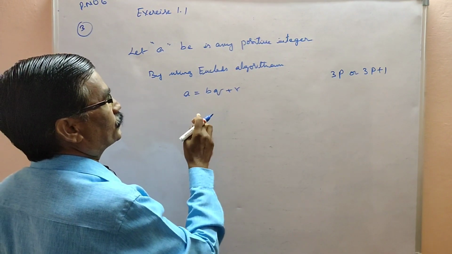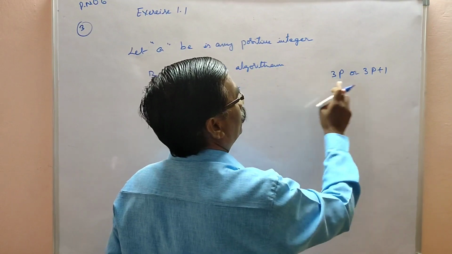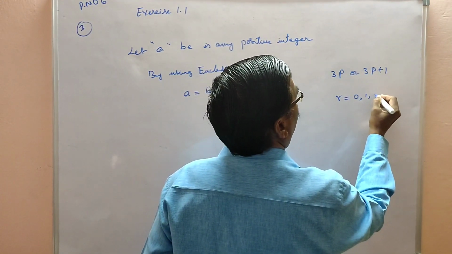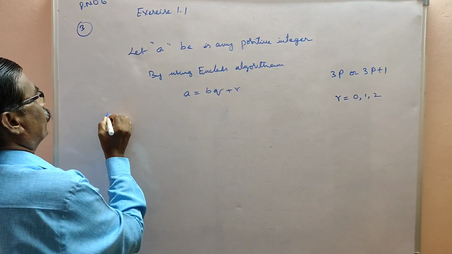Here b is 3, comparing to bq plus r, so r equal to 0, 1, 2 will come. So when r equal to 0, 1, 2 come, in case number 1